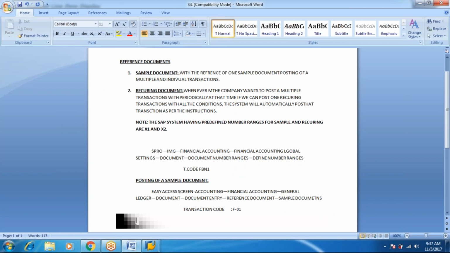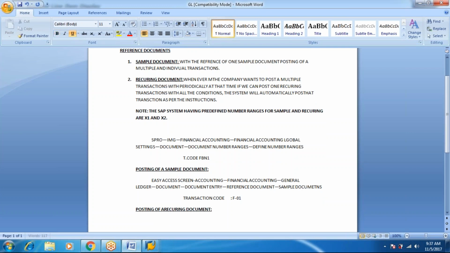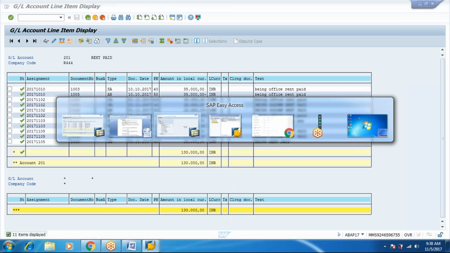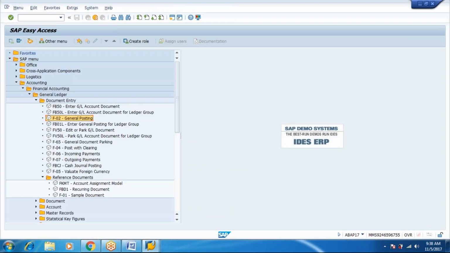In the same manner, posting of a recurring document. Posting of a recurring document. For this one also, by using the same menu path, by using the same menu path here,